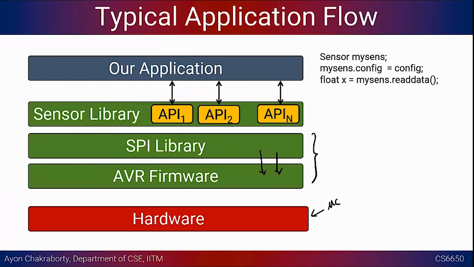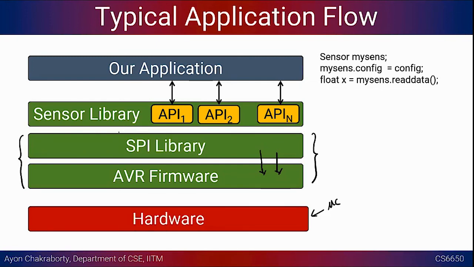And then there are certain mixes in between these two, right? Some of the things could be all done inside the library while bypassing the firmware functionalities, but yeah, there is a certain boundary, right? How much the library is supposed to do and how much the existing AVR firmware is supposed to do, which is a part of the software abstraction of this underlying hardware. Okay, so this firmware is sometimes generic, and the library that you are writing could be specific to a certain platform. And you might have a sensor library.